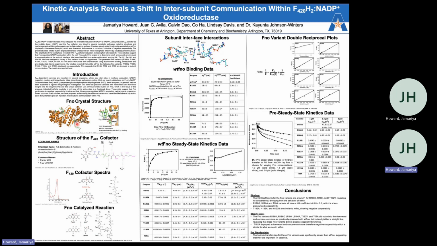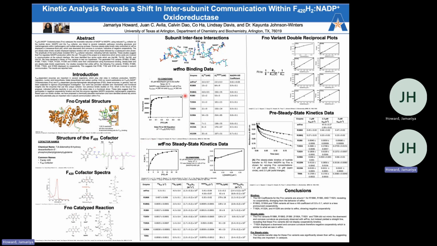This interface is located between the two subunits. And essentially with this project, what we wanted to do was to take these amino acids that you see here and create a library of mutations. What we wanted to do first with this library of mutations was binding studies. With these studies, we compared them to wild type, which was done by Ebenezer Joseph